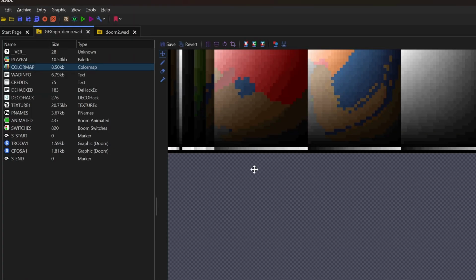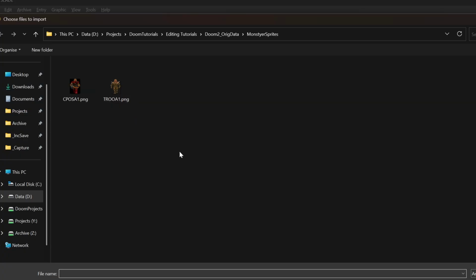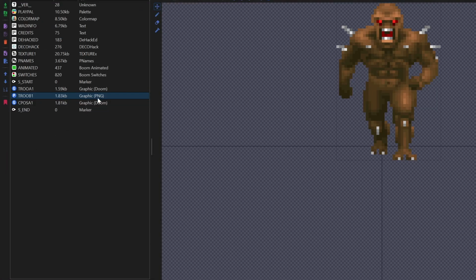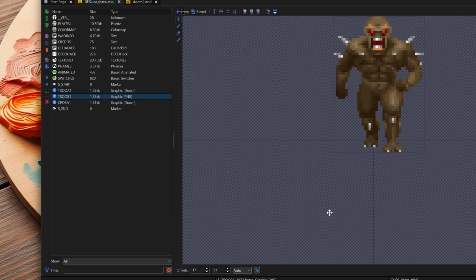And we're going to import another frame of that imp, but this time we're going to import the actual PNG that we exported out, rather than just copying the lump from Doom 2 to our new WAD. You can see that it says graphic PNG. If I right click this and go graphic convert to, what this is going to do is it's going to remap the pixel data, like the indexes in the pixel data, by looking at the sRGB values and finding the closest values inside the palette that we have created and remap them to those colors. And if I hit that convert button, you can see now